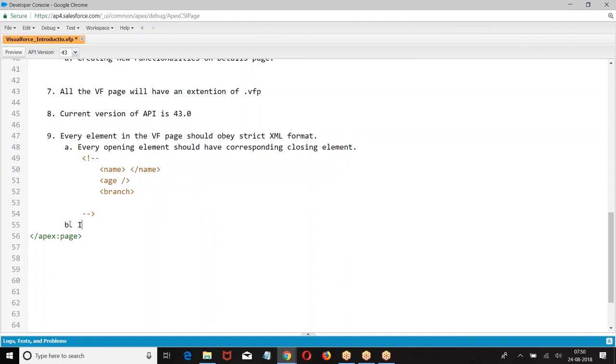Then it should be case sensitive. When you say case sensitive, if you give capital Name, closing should be capital Name. Case sensitive in terms of element.